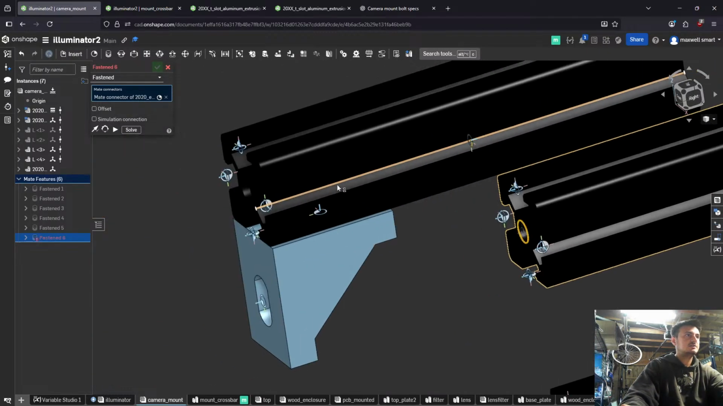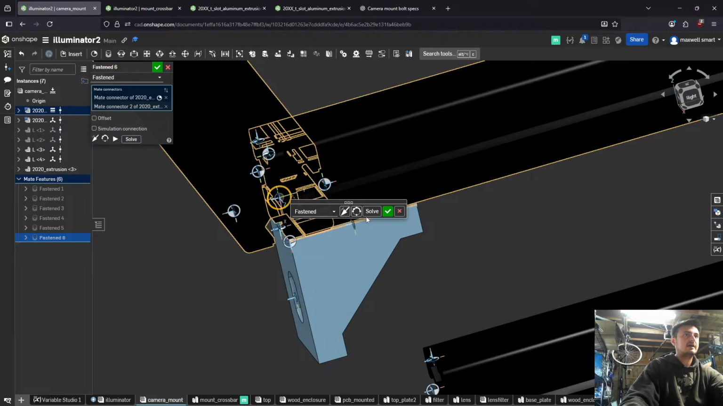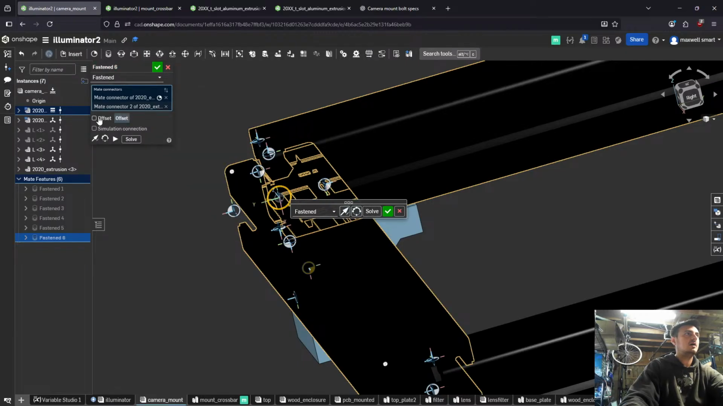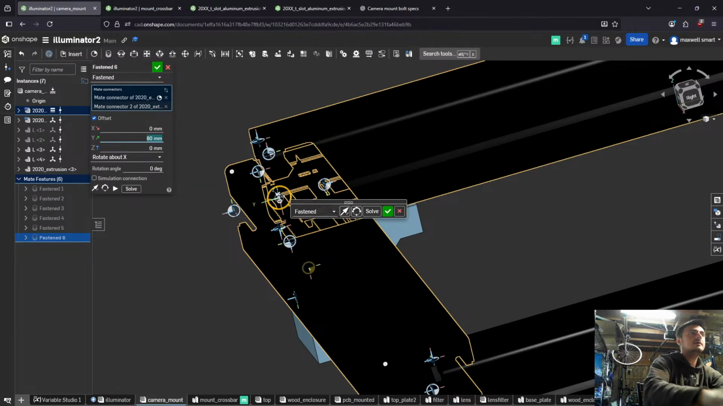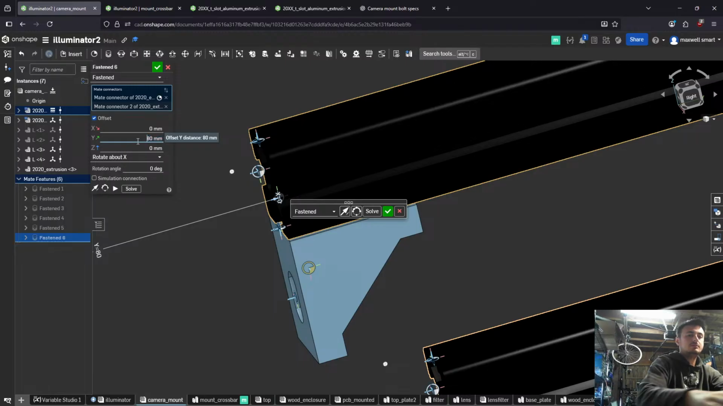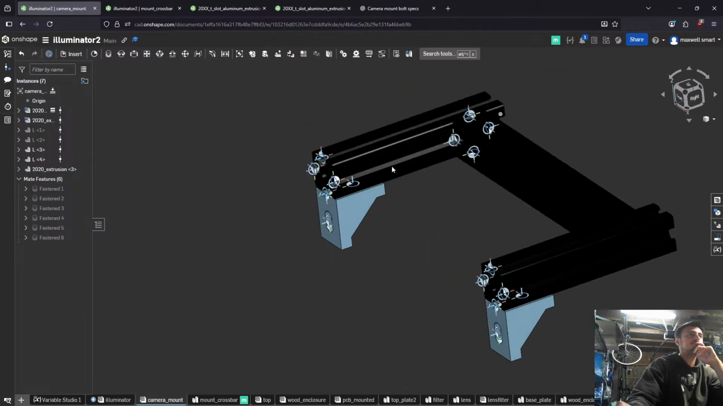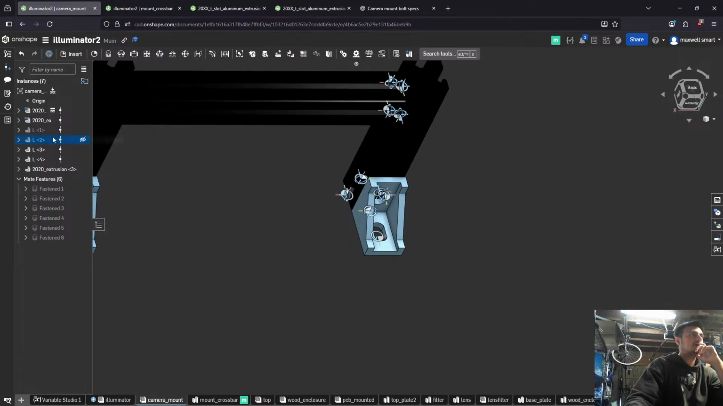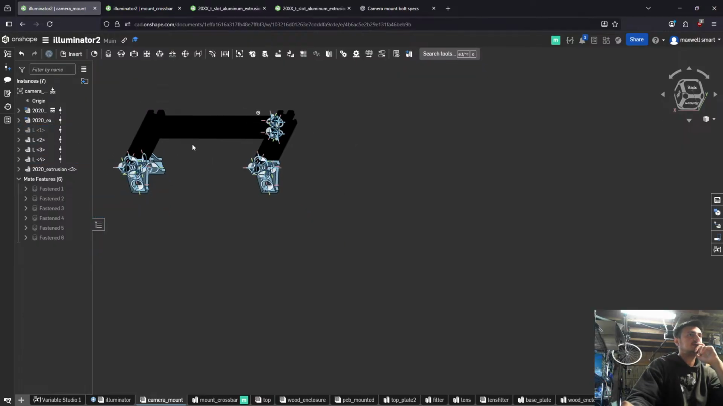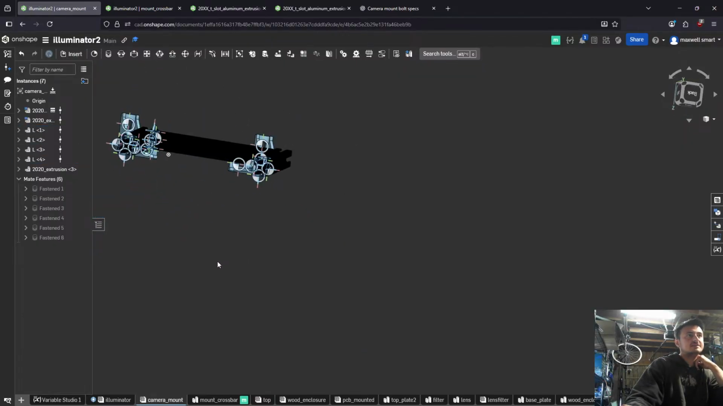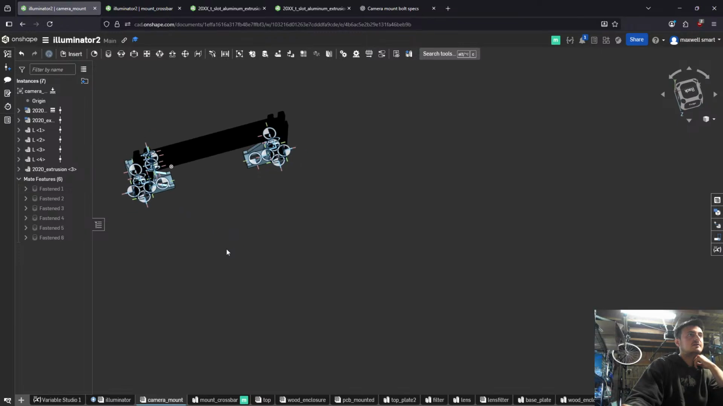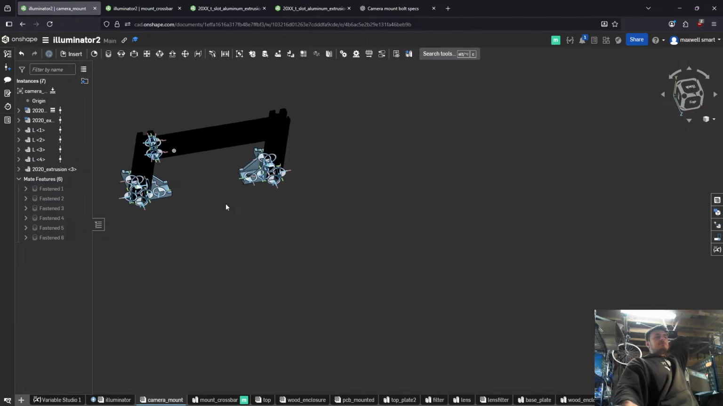Mount this to the one that faces like that. Flip it. Offset Y 80, minus 80. Okay, let's re-enable these guys. So this is going to be the front of this thing. Alright, so we're pretty much ready